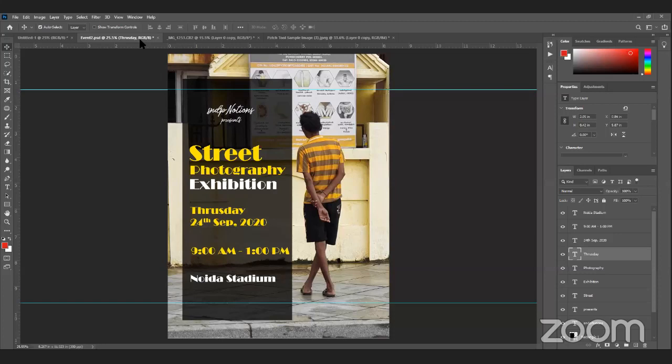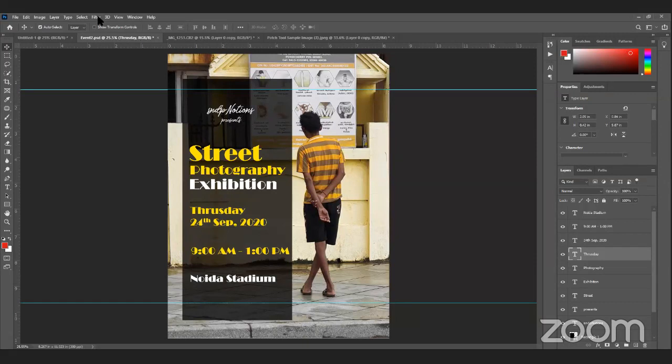You will see four types of ink: black, cyan, magenta, and yellow. That's what you get when you go for a printer refill, or you refill an ink tank printer. So generally we create in RGB only.